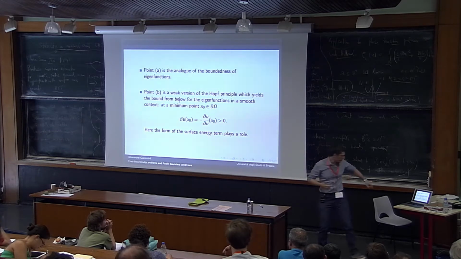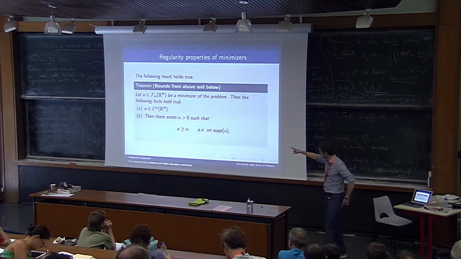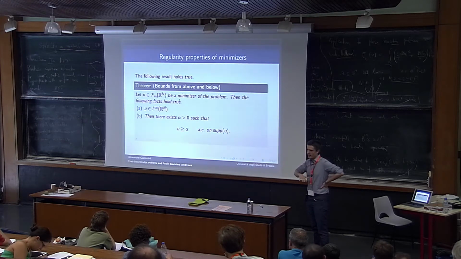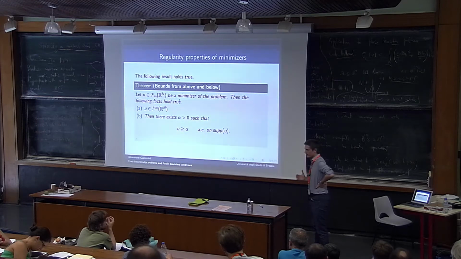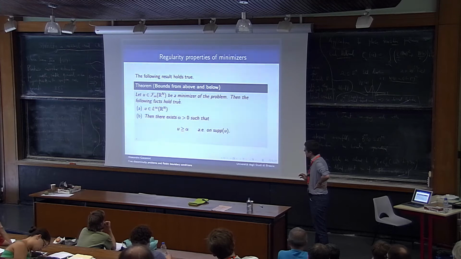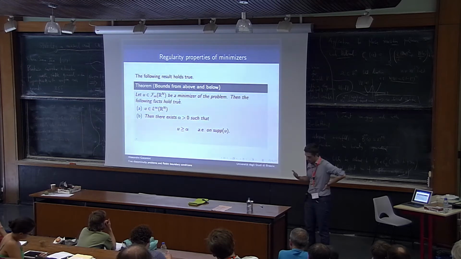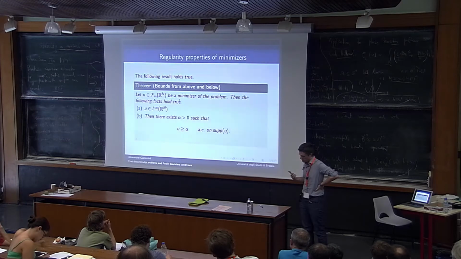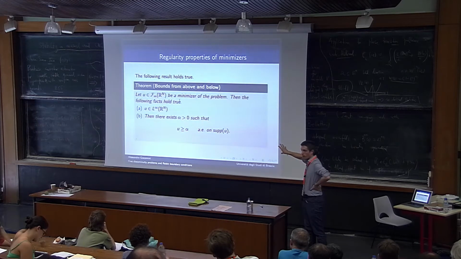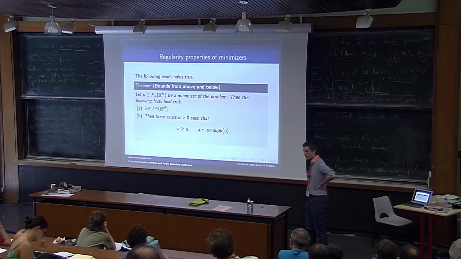So this result, the second property, is somehow the analog of this property, but in a weak setting. Of course, the proof should follow completely different arguments. And indeed, it is based on some ideas by Bucur and Luckhaus, which we then revisited using a sort of De Giorgi iteration technique in the second paper I quoted at the beginning. This is a very technical point, but it is crucial for what we are going to do now,